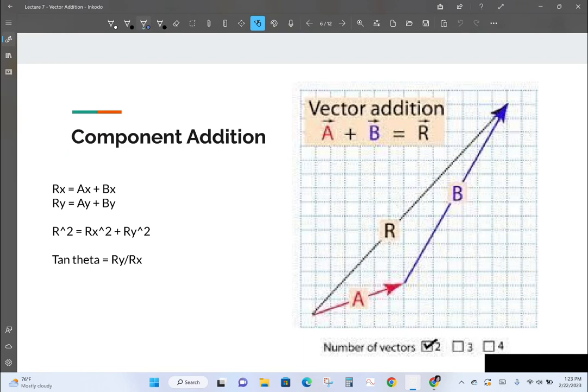I'm going to draw in vector A, and then vector B is drawn tip to tail to it, and so the resultant is the black line R. So just think about it. A is pulling to the east 1, 2, 3, 4, 5, 6 units, and B has an eastward component of 1, 2, 3, 4, 5, 6, 7 units. So together,